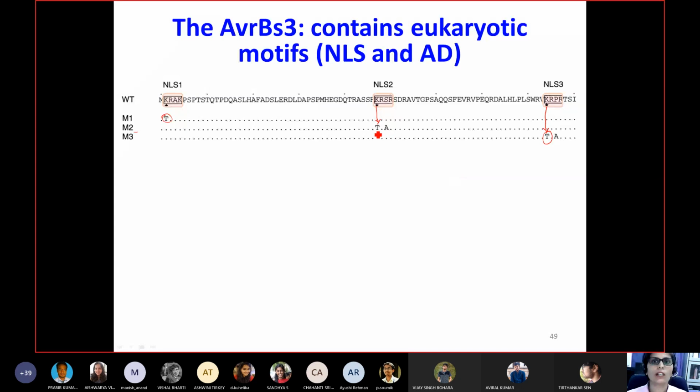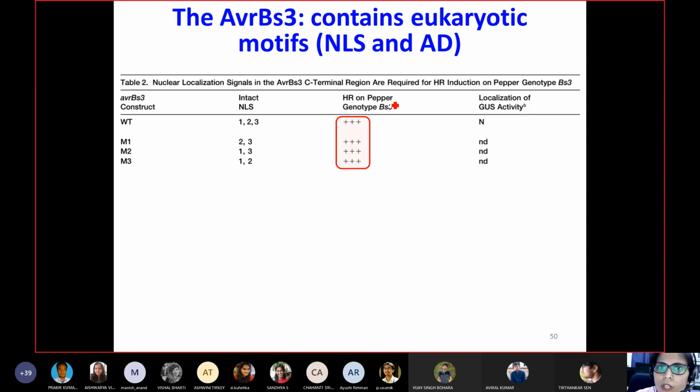And after mutating individual amino acids, they checked the efficiency in hypersensitive response. So what you see here, all of these mutants behaved similar to the wild type. So this is the wild type. It gives you hypersensitive response. As you can see, the mutation did not cause any drastic effect compared to your wild type. So this behaved exactly like hypersensitive response. That means hypersensitive response was not lost. So this is intact here. That means there is no drastic effect of this individual mutation.